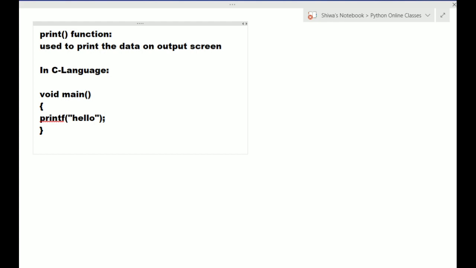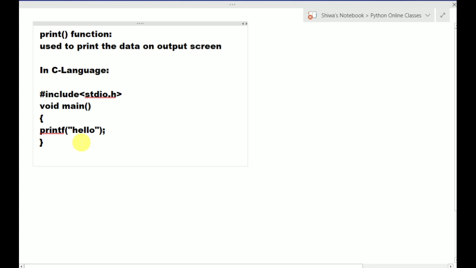This printf function is included in the stdio header file, so we must write the preprocessor directive hash include stdio.h. So this is the code to print hello on the output screen in C language.